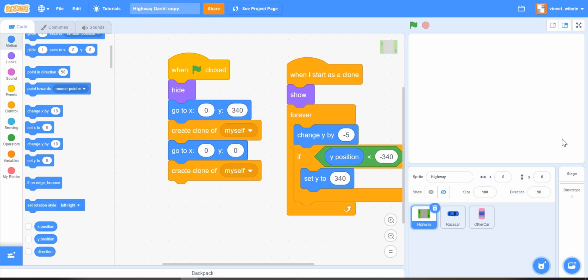There are some adjustments you could do. One way to fix that would be that whenever you're sending these guys back, instead of sending them back to say 340, you could adjust where they are going back. You know where the other clone is, so you have to keep track of both the clones' y position in this case. Use some local variables perhaps, because each one has to maintain their own. Keep track of where it is and adjust for that little delta that's going on to avoid the glitch. But that's going to complicate matters quite a bit.